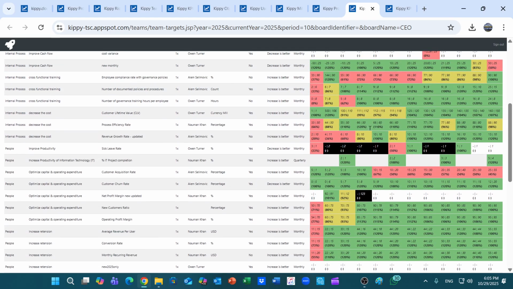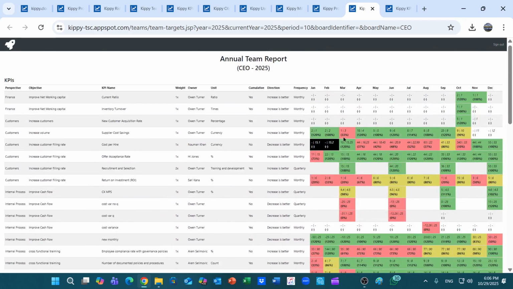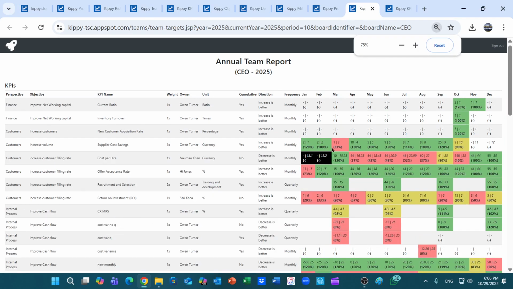And as you can see here, we have a few blacks, meaning data was not added during this month. And this will give you three different numbers. So the first number is the actual, and the second number is the plan, and then the